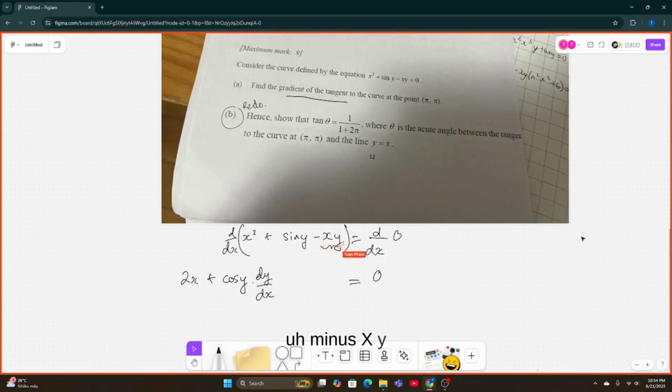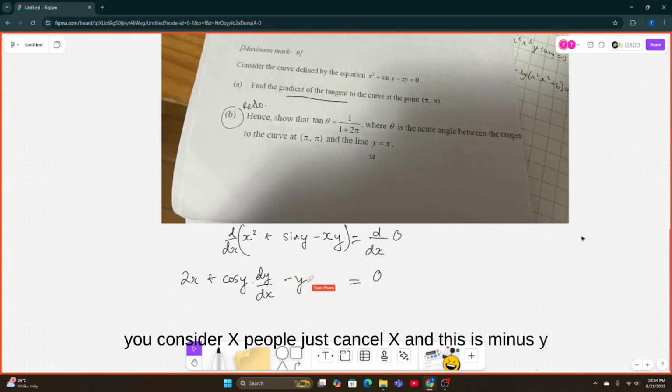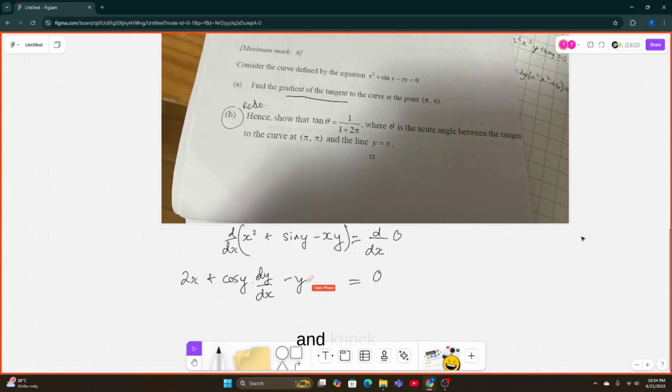Minus xy. So in here, the common mistake is that people just cancel x, and this becomes minus y. It is not, right? You must apply the chain rule over here. Oh, sorry, the product rule. All right. So what you need is xy, so minus the derivative of x is 1, times y, and then plus x times the derivative of y, which is dy